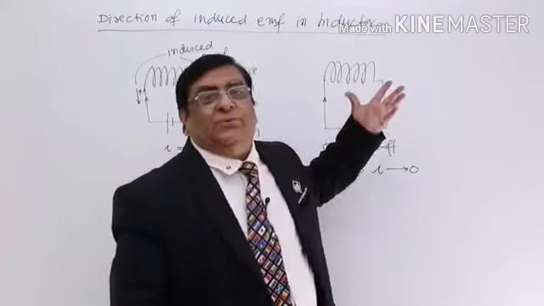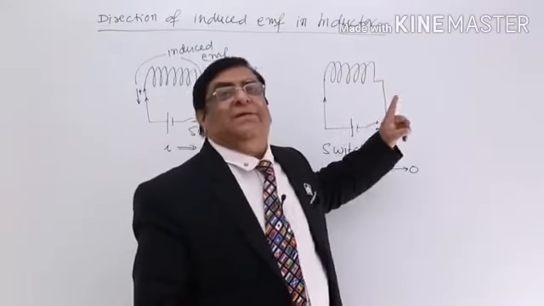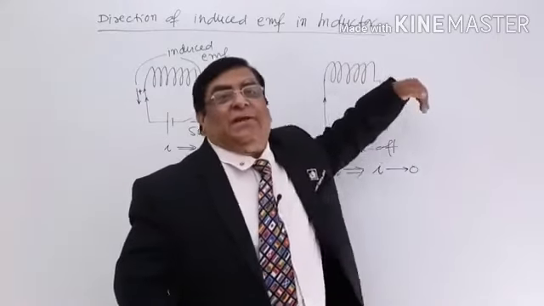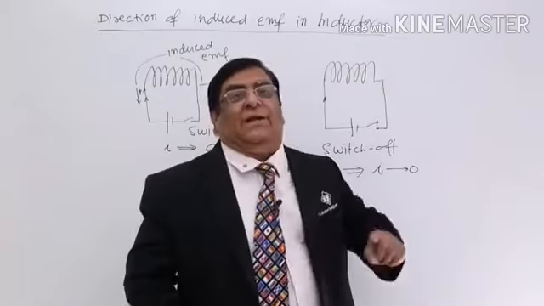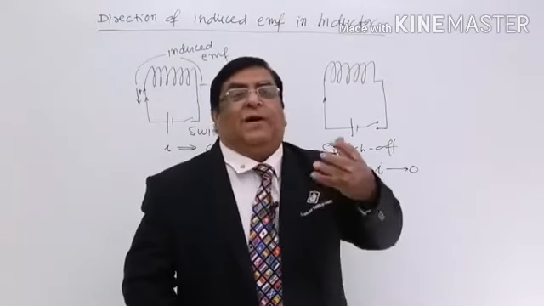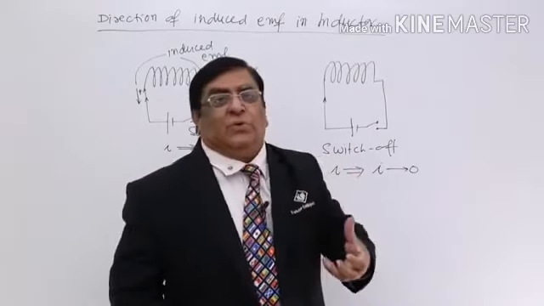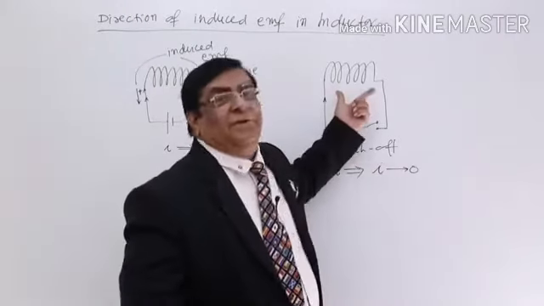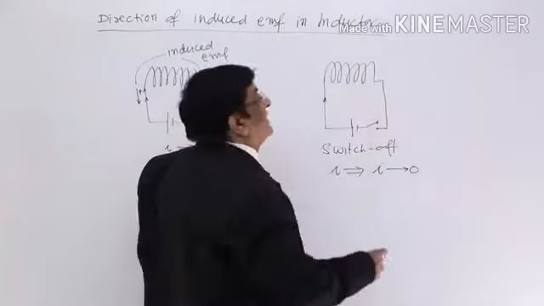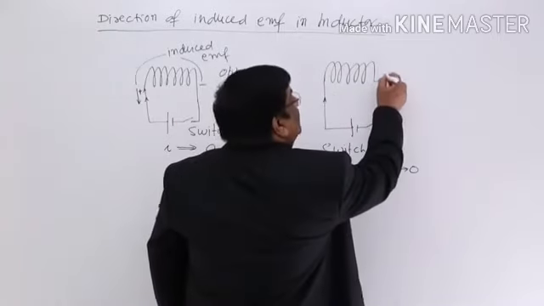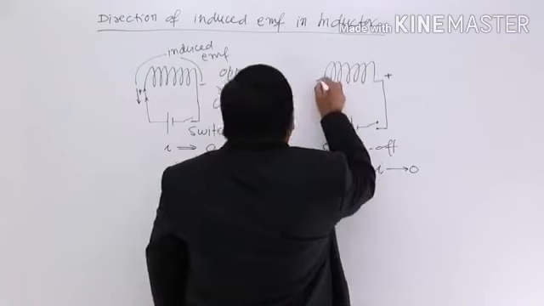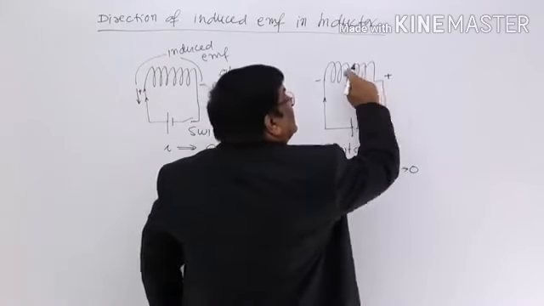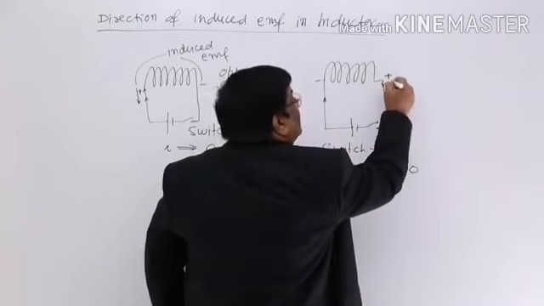What can it do? Then it produces a current in the same direction. And how can one produce a current? By making an EMF. So, due to this change in the current, there is an EMF induced in this, but that changed EMF now has plus here, minus here. With this, it will make an induced current here.